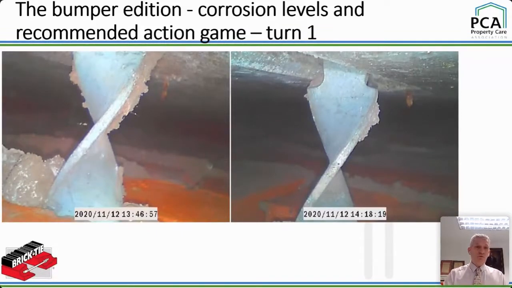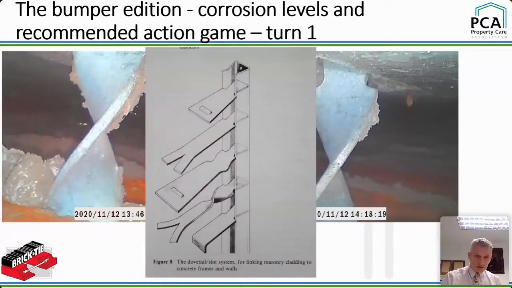Okay. What we can see there is what look like very good ties. Embedded, dovetailed in the inner leaf because it's got a concrete structure. Embedded in the outer leaf, a little bit of discoloration. That's just a little slide there for you students. That's how those buildings are wall tied, or were then. Okay, you've got this channel embedded in the formwork. When the formwork's removed, your bricky can literally just shove his tie in wherever he wants. And then you've got a deformed section, a drip feature in the middle.